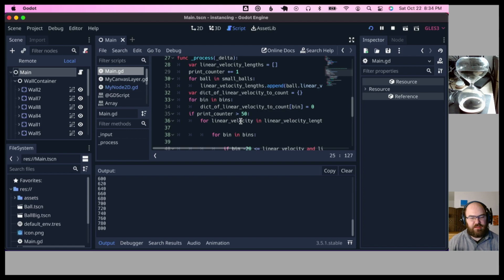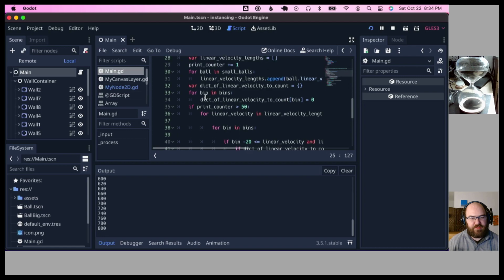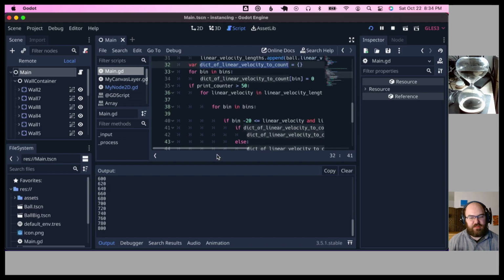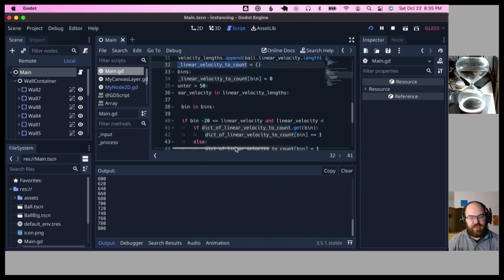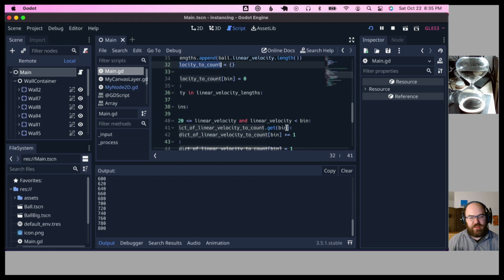And, this is interesting. Anyway, I have a dictionary of linear velocity to count, and I say if bin minus 20 less than or equal to linear velocity and linear velocity less than bin,